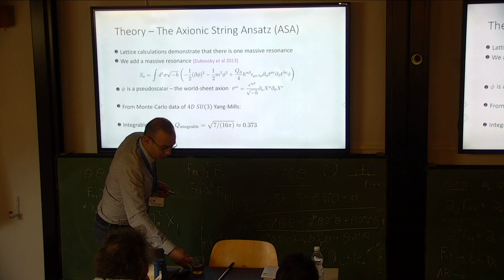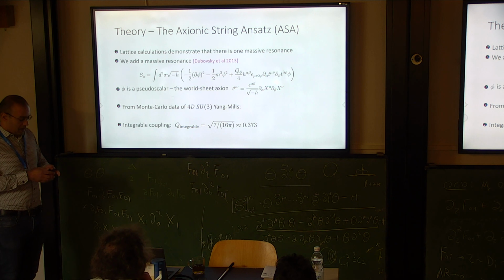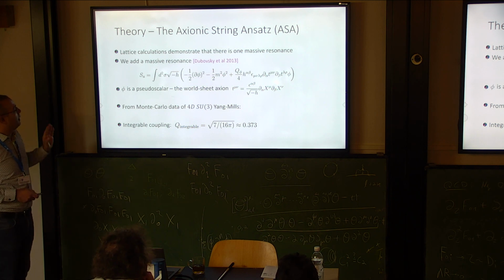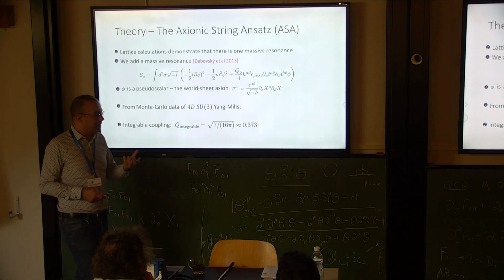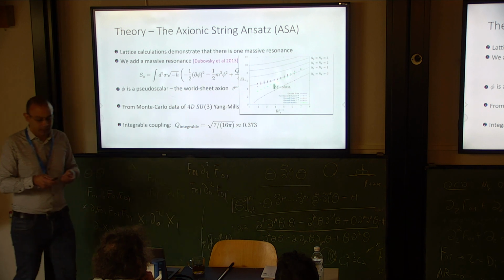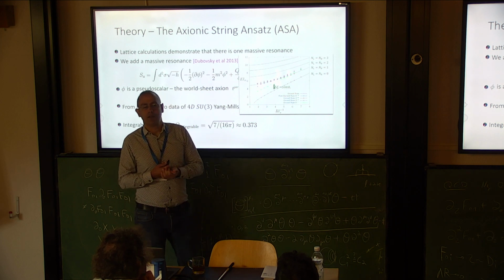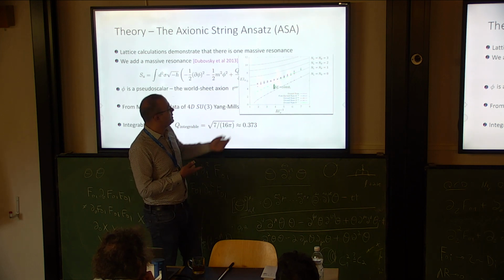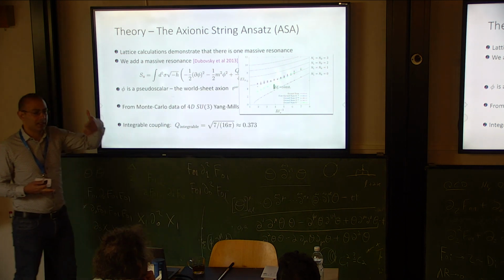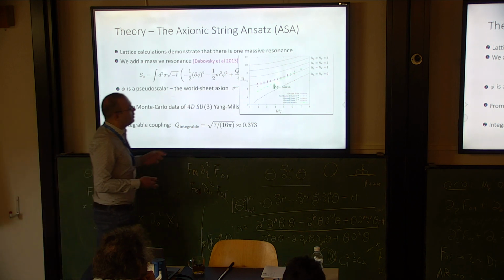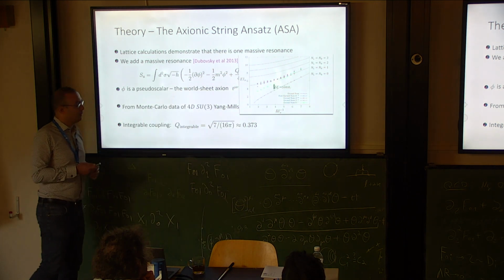I think one of the most important messages that came out from the lattice calculations was a clear signal of a massive resonance. Okay. So a massive resonance, naively, you would think of it as a state which is coupled to the absolute ground state plus a constant term of the order of the mass gap. Okay. So it was clear that there was something new going on in the theory.